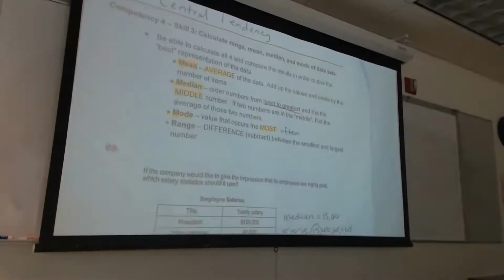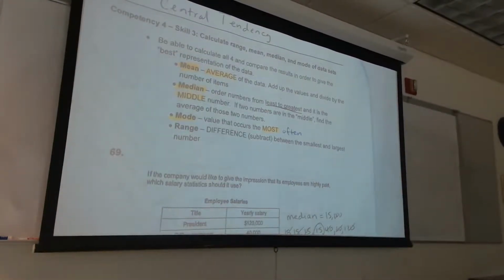So look on page 28. In 28, we're talking about central tendency. And you're going to see, if you've taken the GKT or you've done some practice already, it talks about measures of central tendency. And what they're really talking about when they're talking about the measures of central tendency is basically,